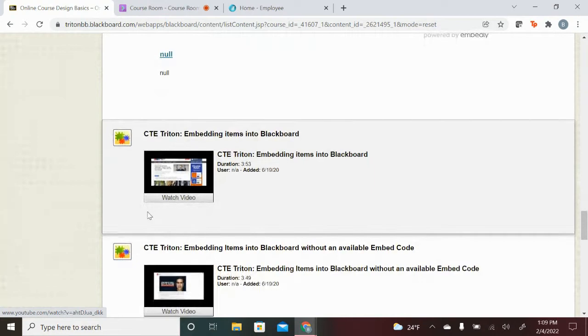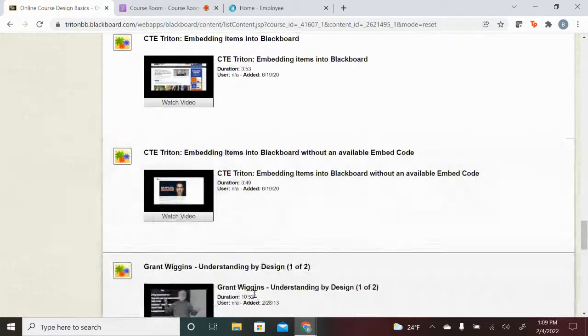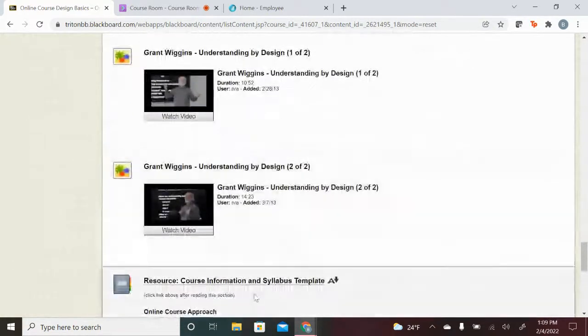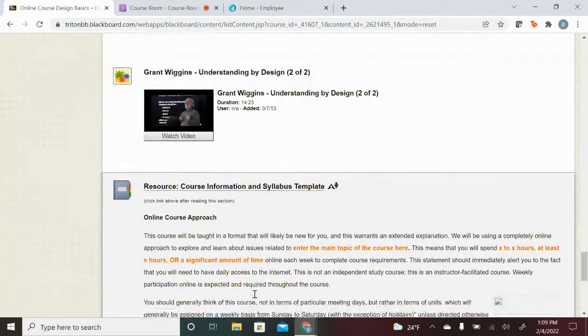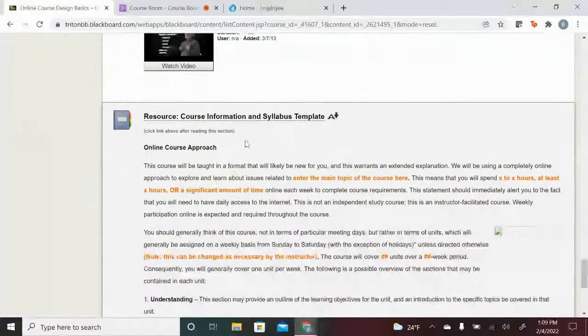There's some ways that we can embed videos and images to create a cleaner look. And that's where these additional videos are going to come into play. Now, you'll also notice this causes some confusion in this module, but at the very bottom, you have this resource,